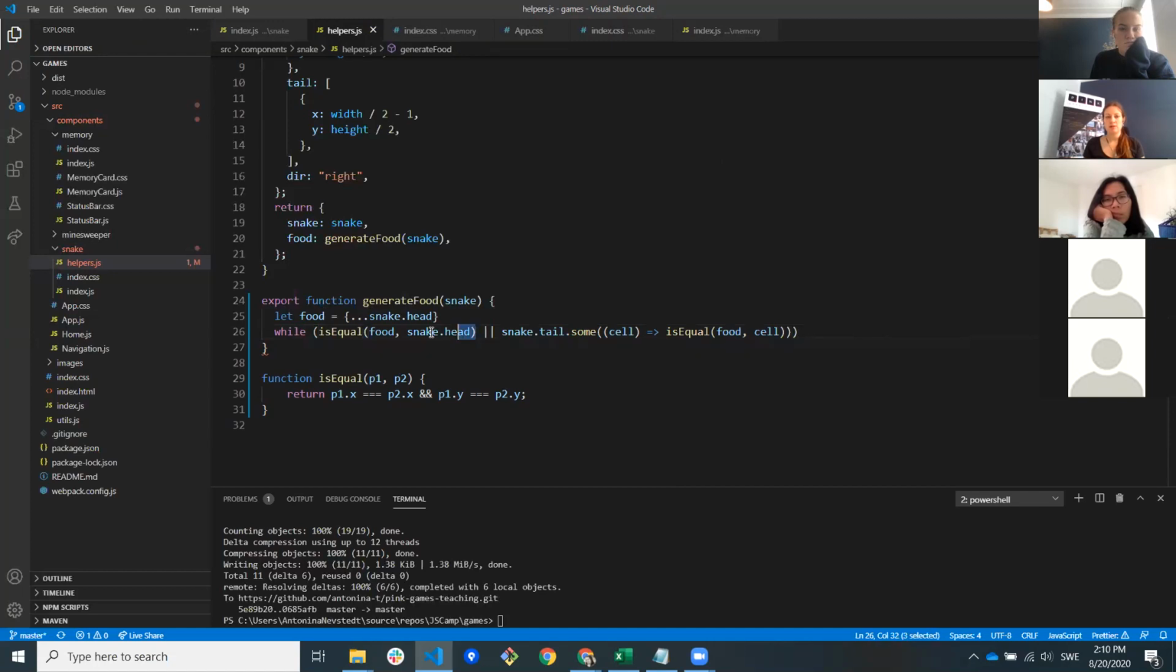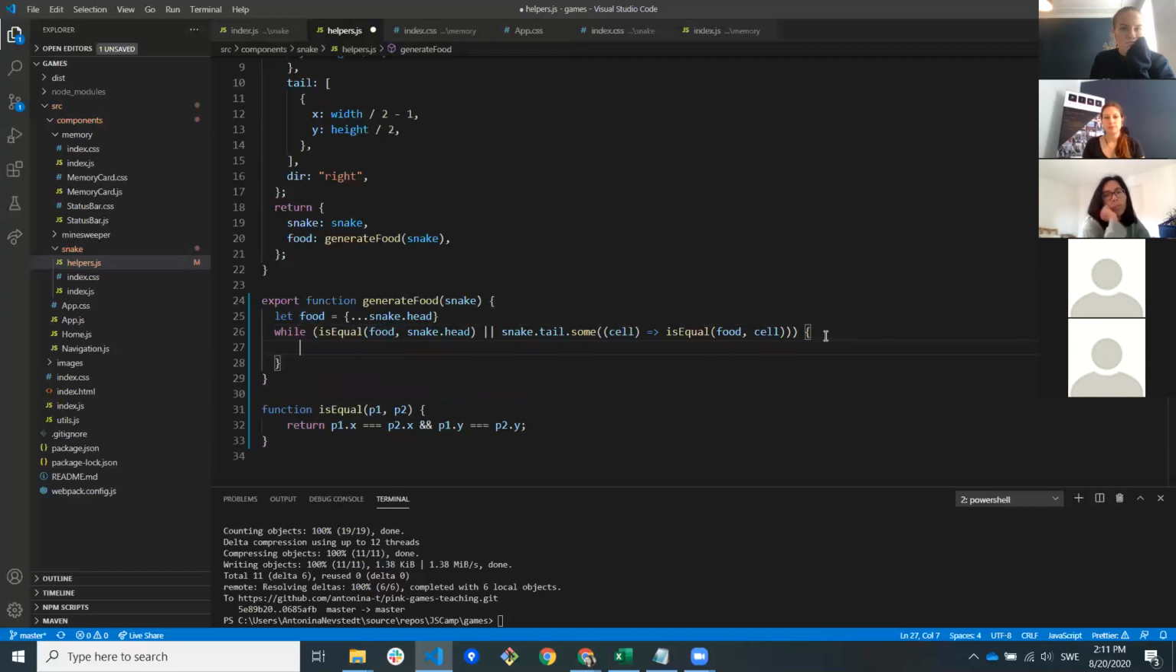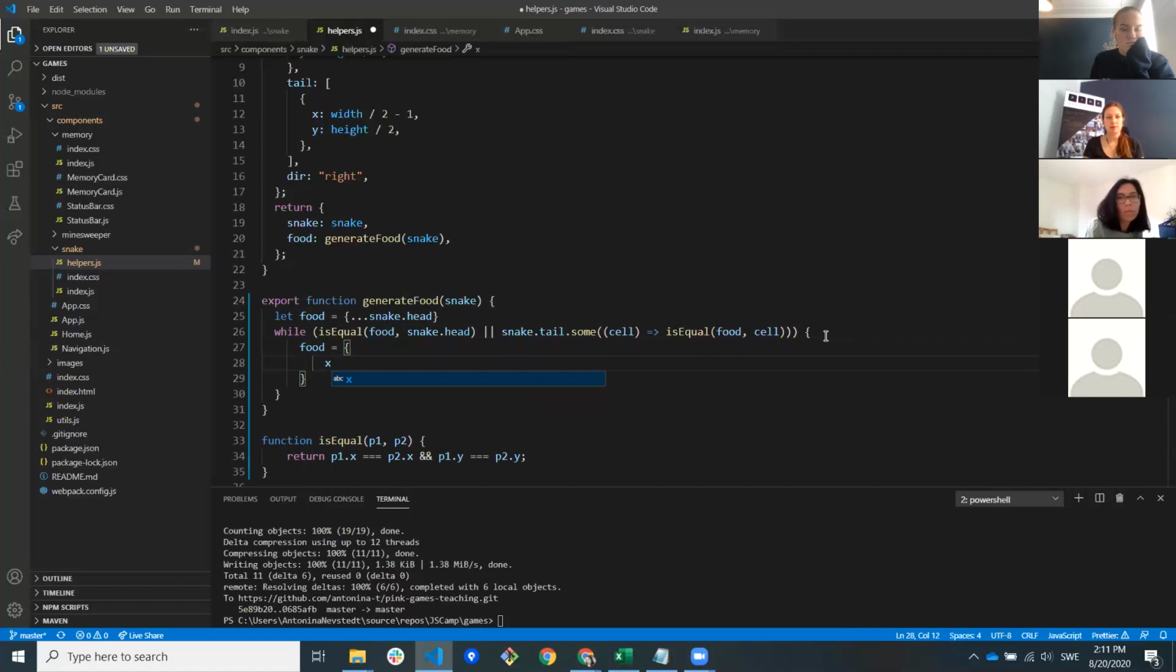As long as either the snake's head equals food, or there is some tail cell that is equal to food, then I want to generate new food. So now I'm gonna say food equals new object where x is a random number between 0 and